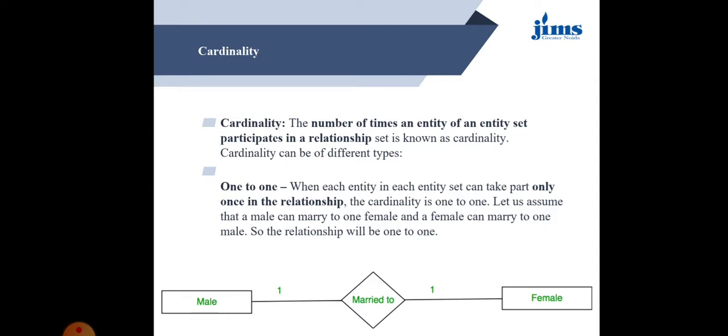Let us assume that a male can marry one female and a female can marry one male, so the relationship will be one-to-one. Male married to female, or female married to male, that is a one-to-one relationship. It cannot be male married to female and male, so that's why it is one-to-one.